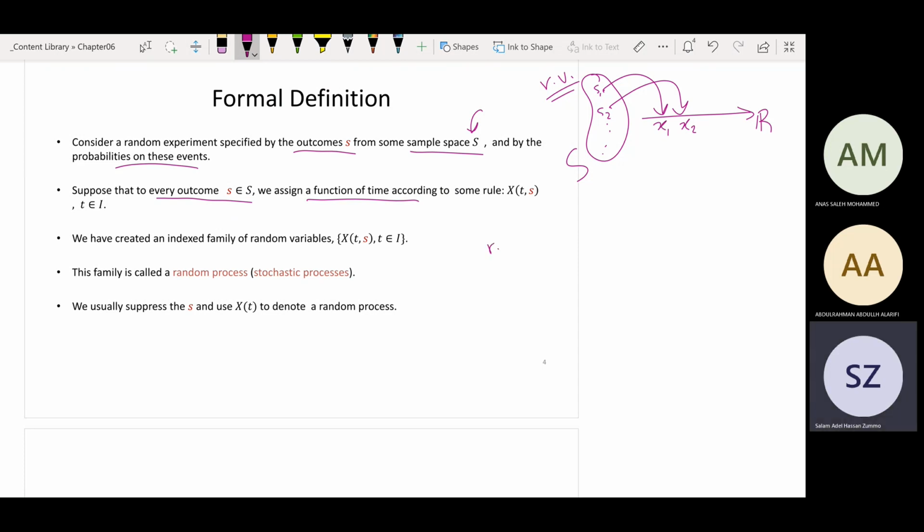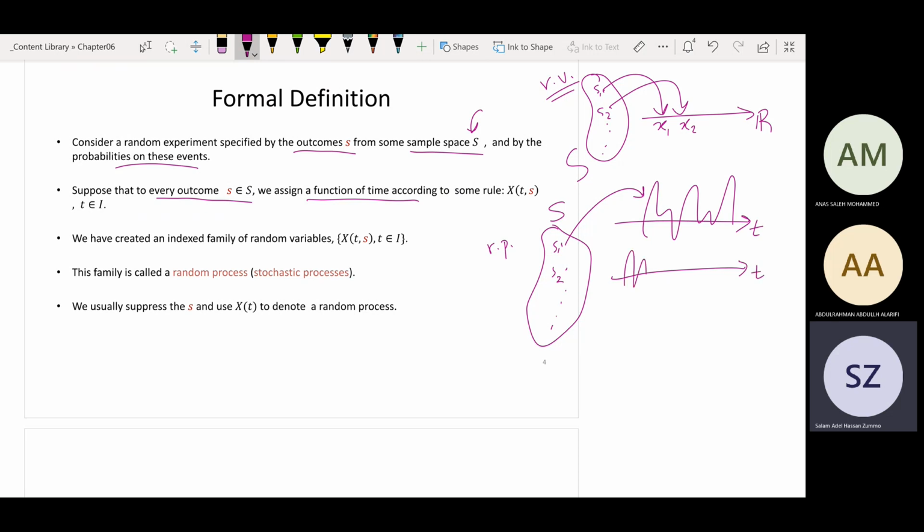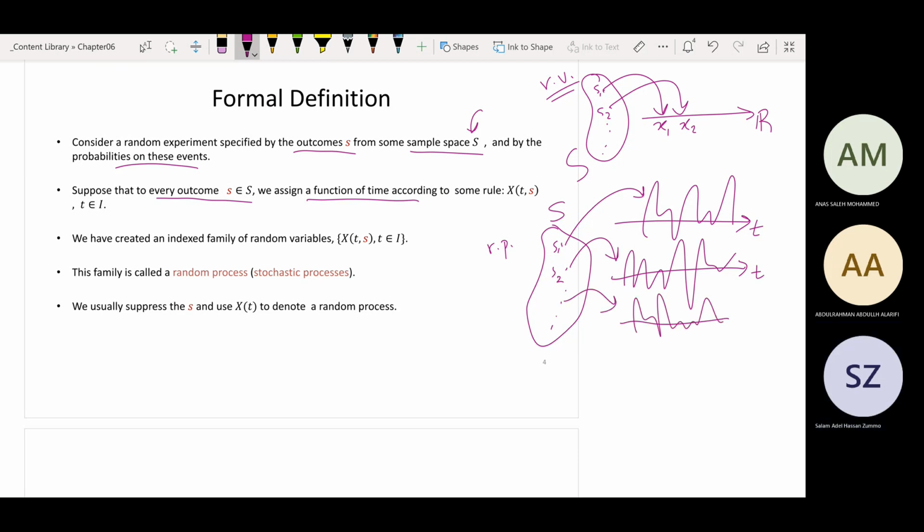In the random process, the same S: we have S1, we have S2. Now, S1 is not mapped into a number, it's mapped into a function. And S2 is mapped into another function. And so the third one is mapped into a third function. Again, if I zoom in into a specific time,